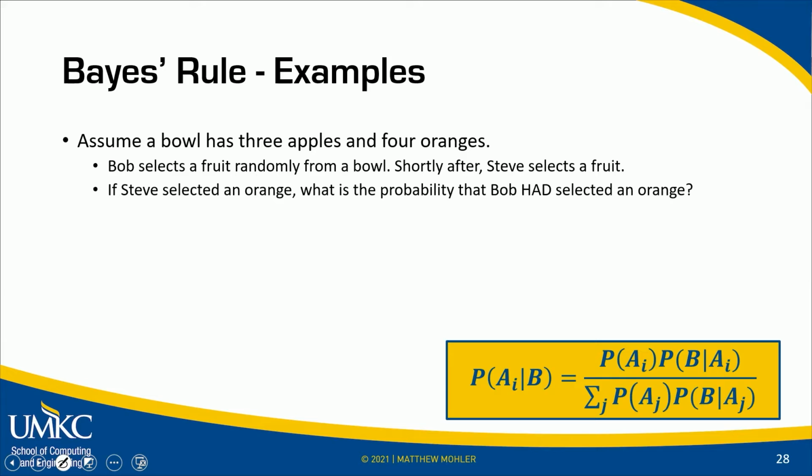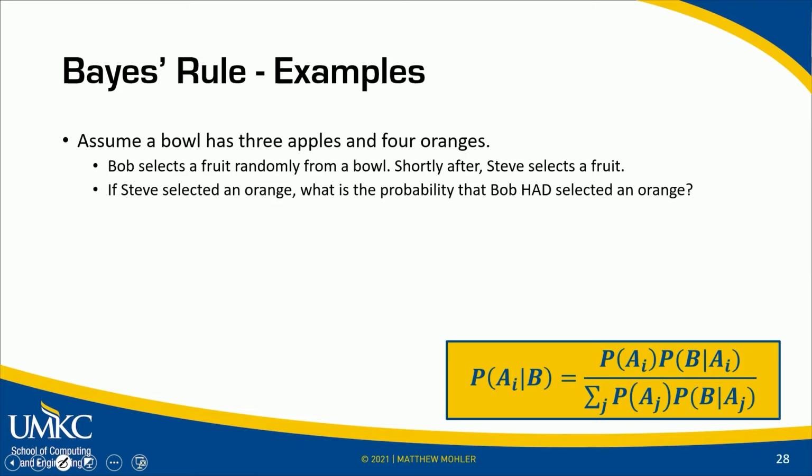So we're going to go back to the same one we used for the total probability theorem. But let's assume that a bowl has 3 apples and 4 oranges. Bob selects a fruit, then Steve selects a fruit. But let's ask a different question. If Steve selected an orange, what is the probability that Bob already had selected an orange? We're asking the question the other way around. Bayes' rule is really cool in that it gives us the ability to look into the past